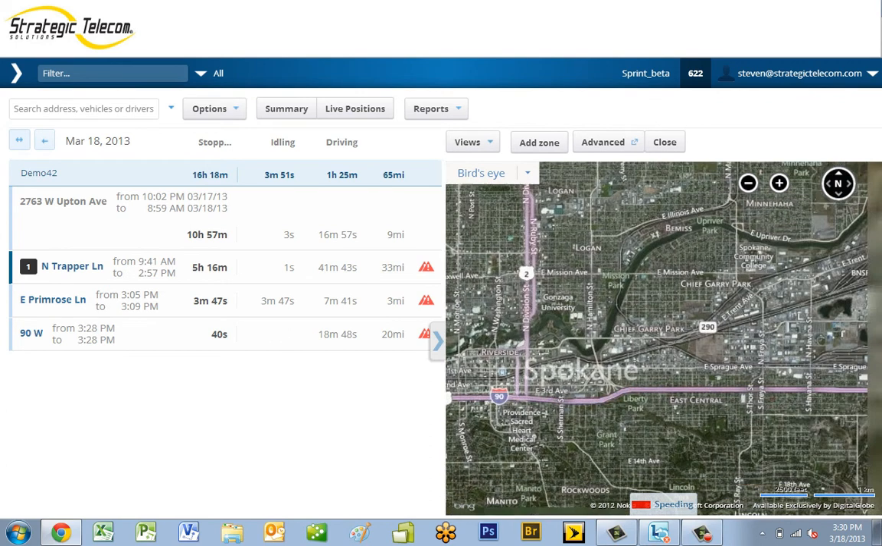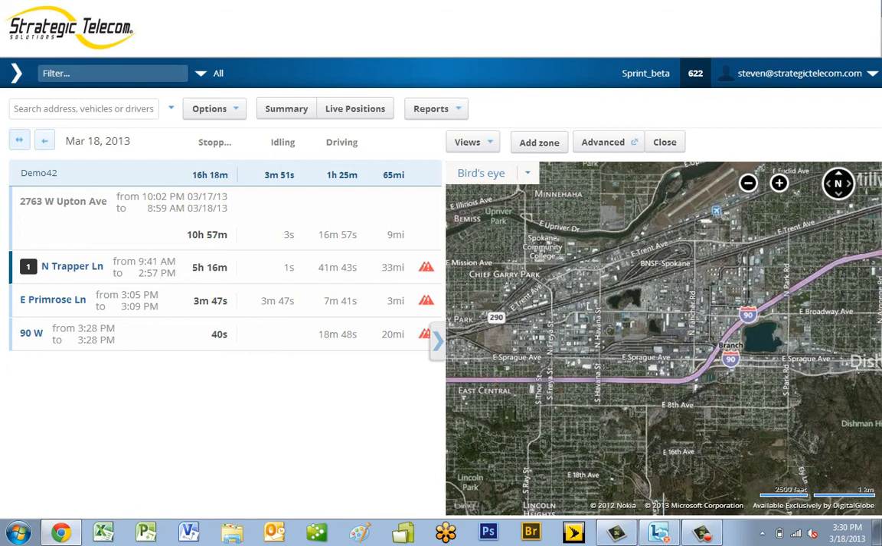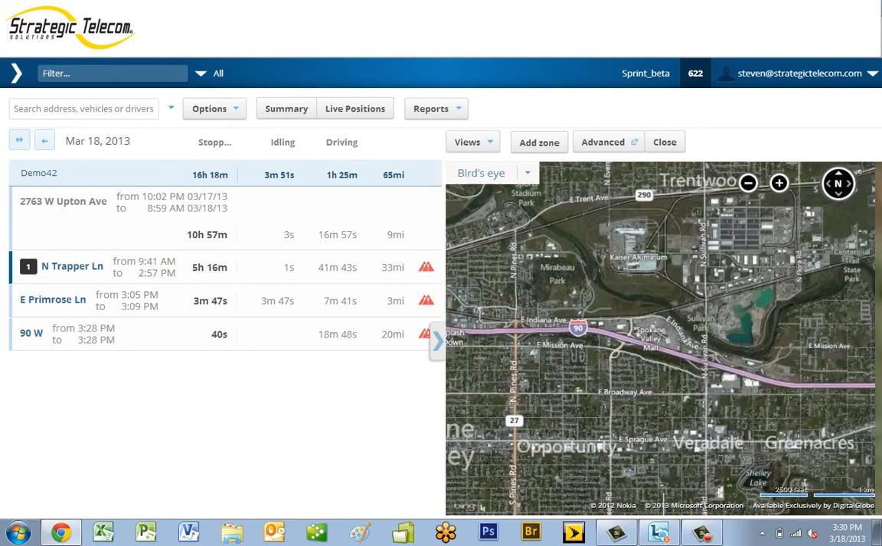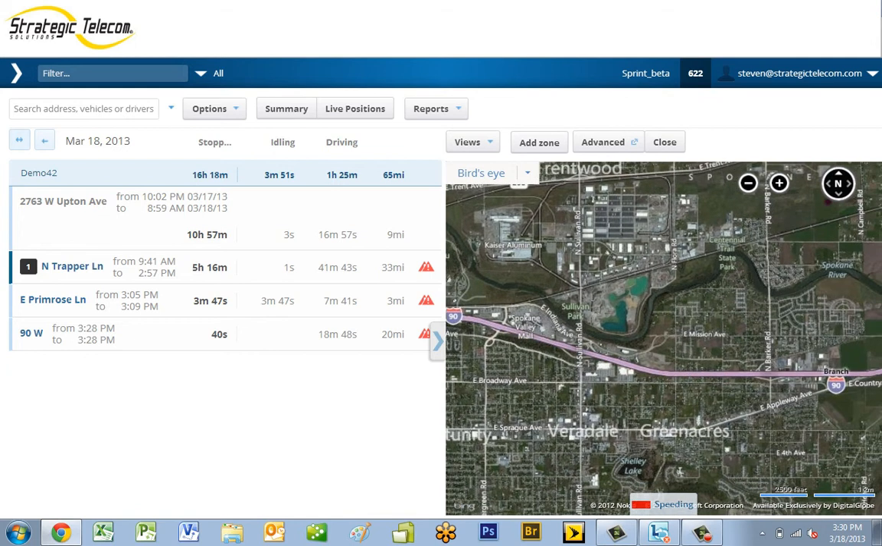And as I move across the route, I'm able to see the direct path this vehicle took to get to its destination. Again, another speeding event,